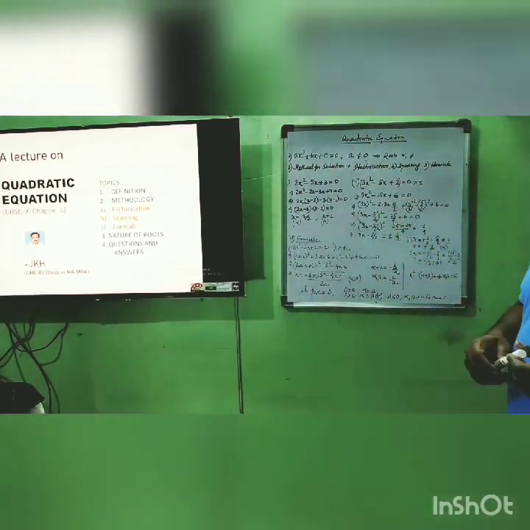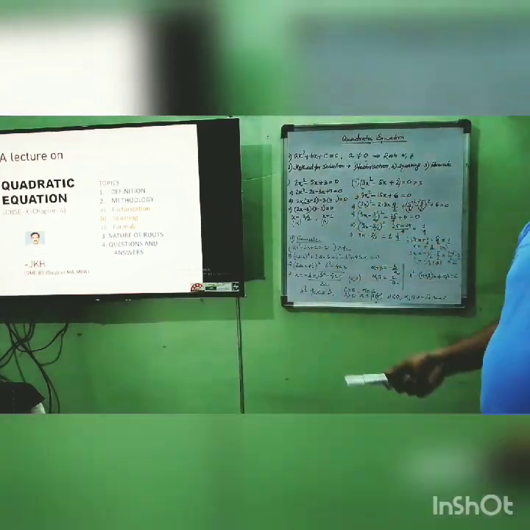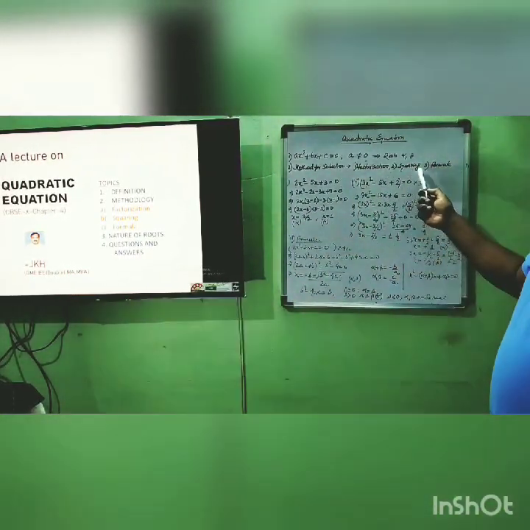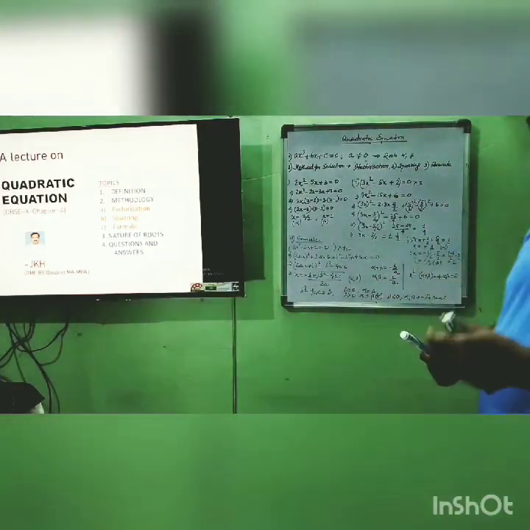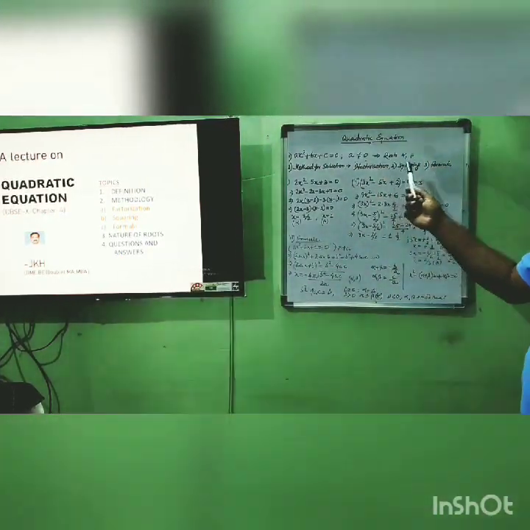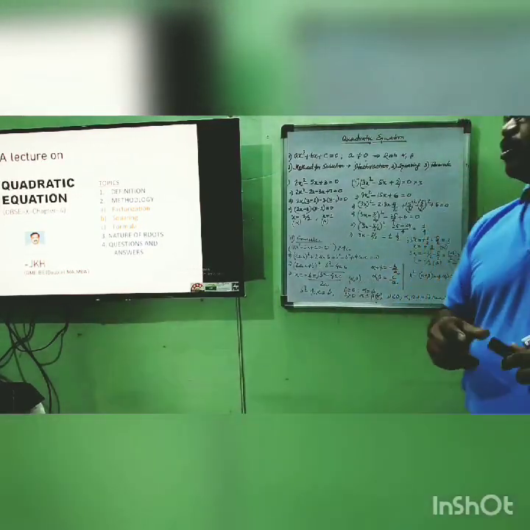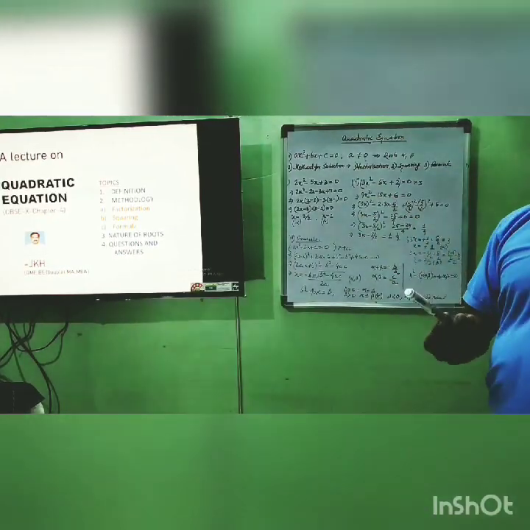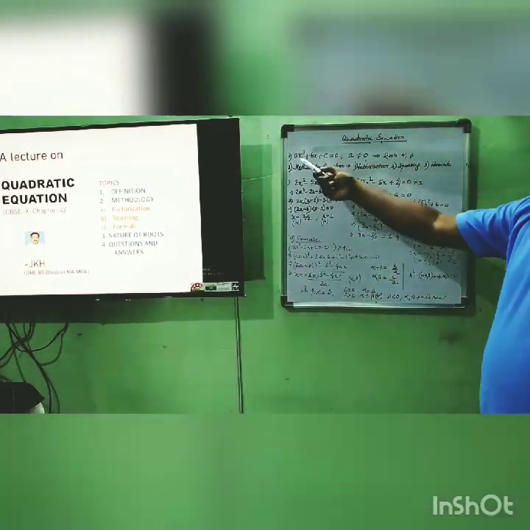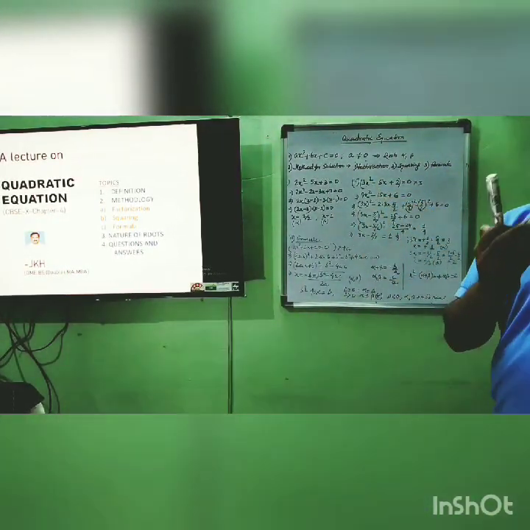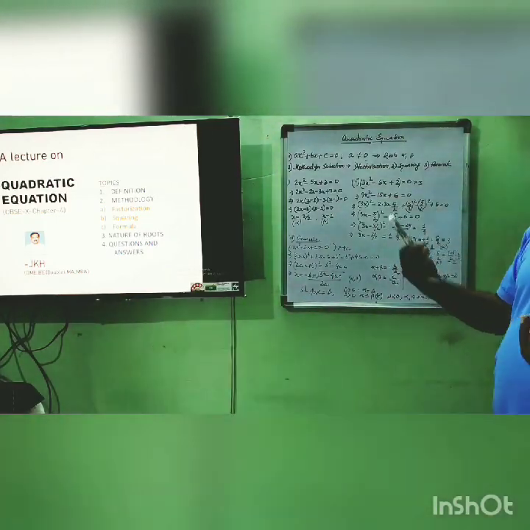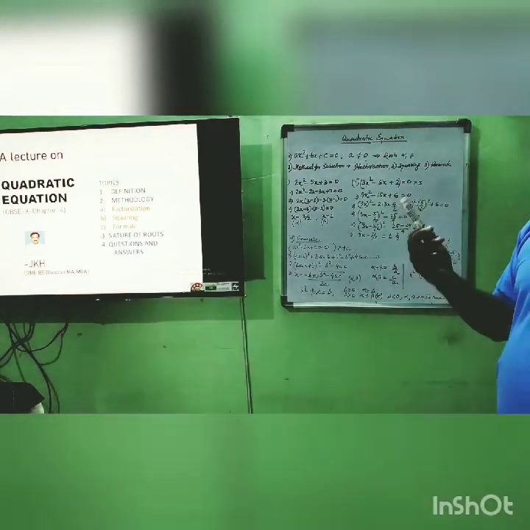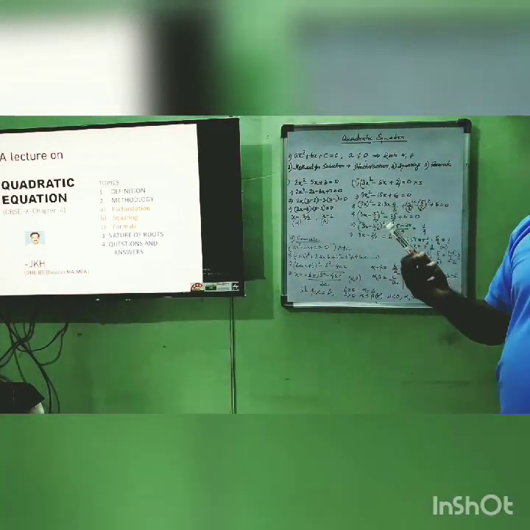We can find out these roots by means of three methodologies: factorization method, squaring method and formula method. So let us discuss one by one. First one is factorization method. In factorization method, you know this left part is known as quadratic polynomial. You have already done the factorization of this quadratic polynomial. This will give you two factors. Each factor will be equated to 0. So you will get one value of x.